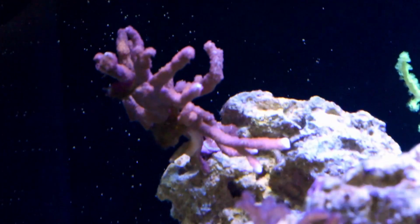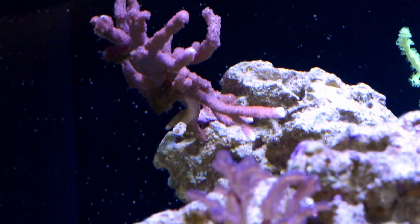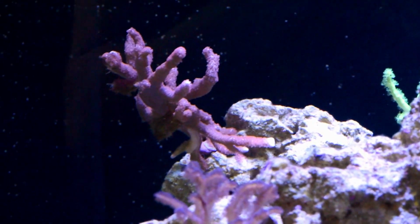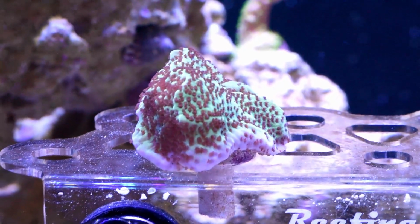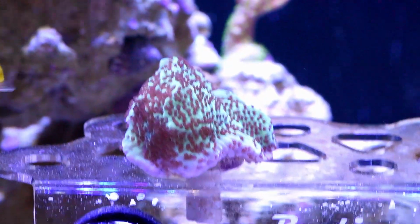Here is the Montipora digitata, which, I don't know if you can tell, but the branch all the way over in the bottom right is just totally new growth since I got it. It is growing super fast, and the Montiporas in general. And here's the last one of the Montiporas I have, the Jedi Mind Trick. It's just the coolest coral. I haven't decided where I'm going to put him yet, but he's totally extended. Let's see if I can get a close-up of the...